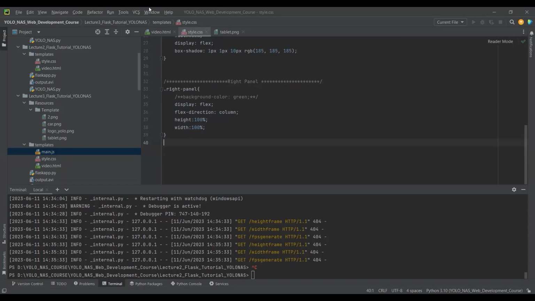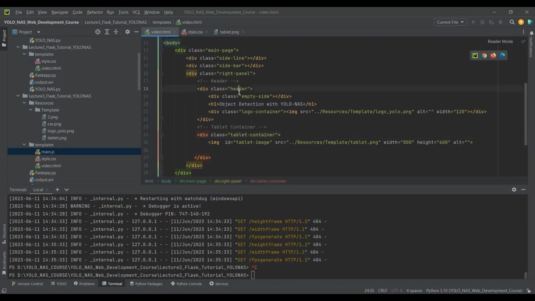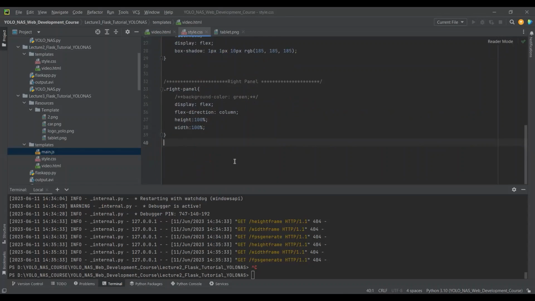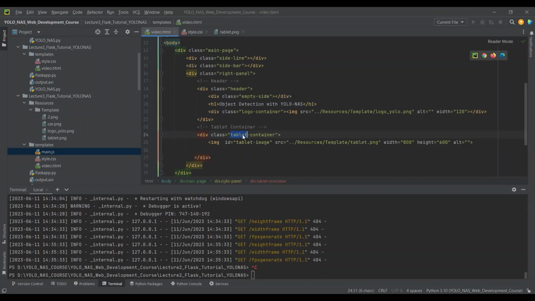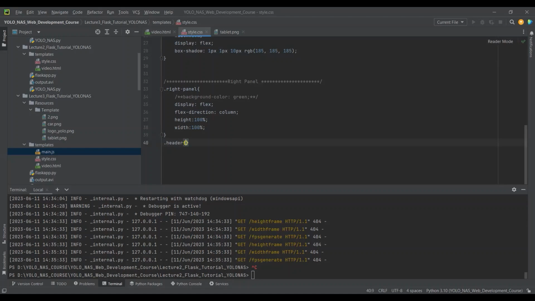So now we have created a right panel. Inside the right panel, we will have the header and the tablet container. Let's write the CSS code for this. Here I will copy this name from here, write .header, and just write over here background-color. And here I will write 37C9